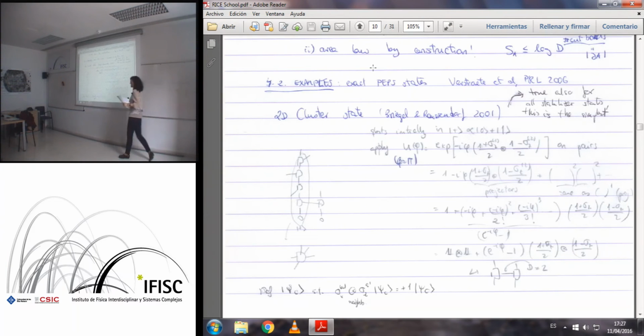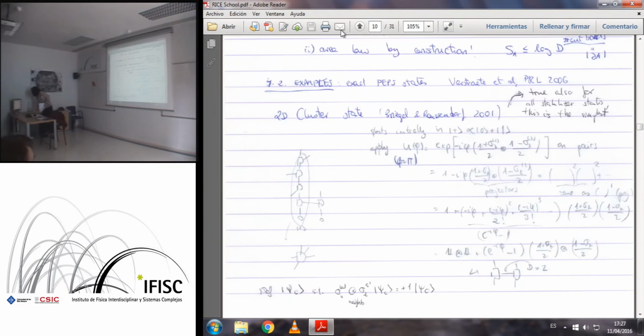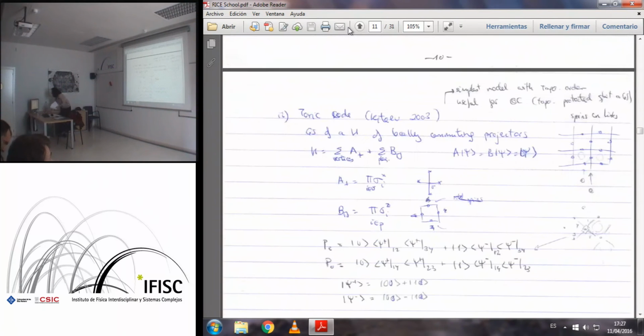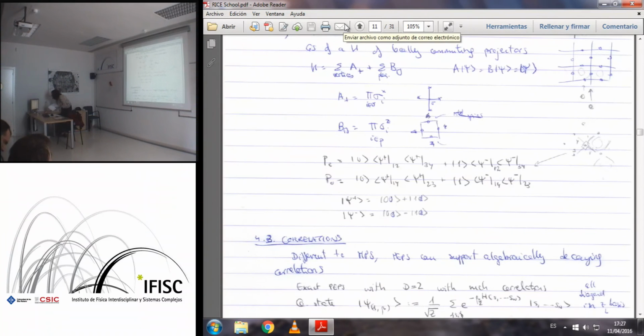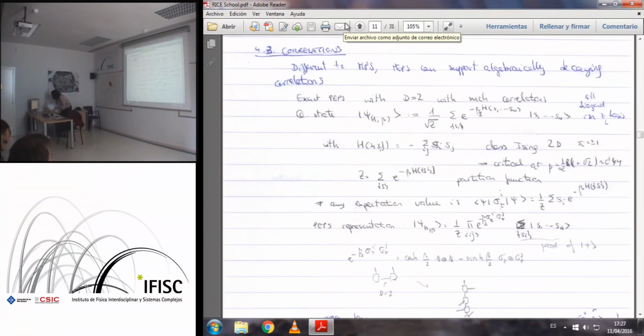But the cluster state is especially interesting for the quantum information implications. Also, the ground state of the toric code has a PEPS description, but I'm just skipping that one because it's just another example. And let's look now at some properties which are really different from the case of the